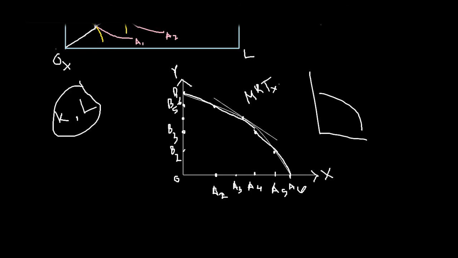That means it is showing, in order to produce one extra unit of X, how many units of production of Y you have to give up. Because there is a trade-off, and the trade-off is being denoted by the negative slope of the curve. Negative slope means that if you increase one, you have to decrease the other. That is why when you have to increase the production of X by one unit, you must decrease the production of Y by some units, and that ratio is called the marginal rate of transformation.